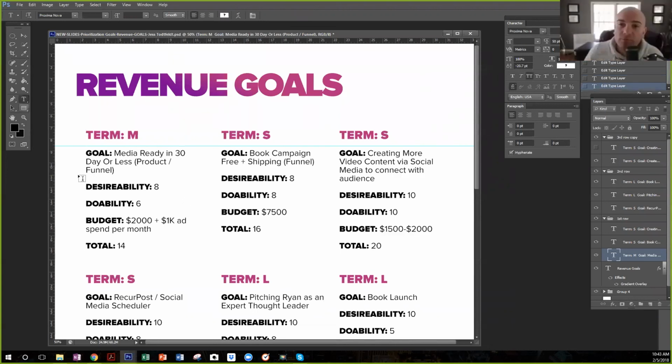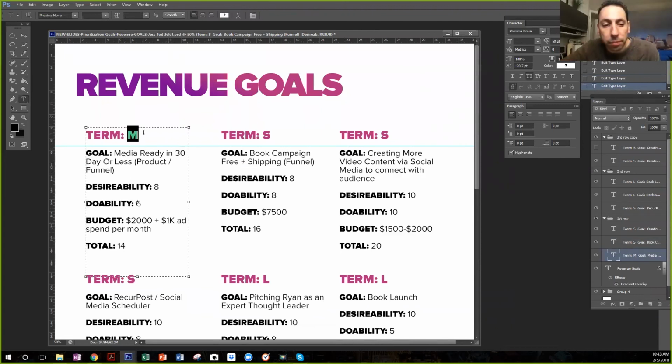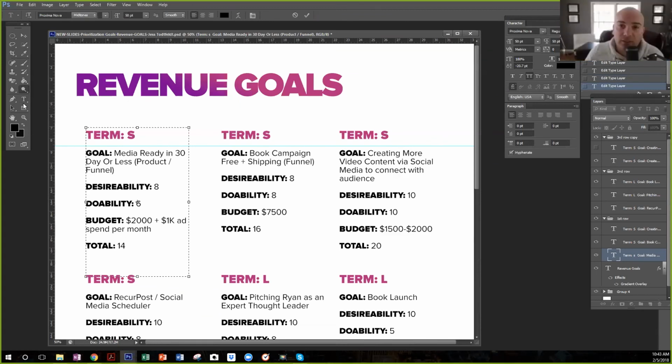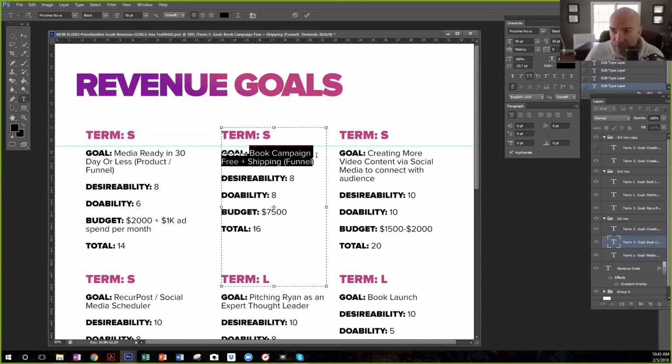Don't need a revenue goal. Okay. Just want product goals. Is that a medium or short term? Short. Okay. Because I've been attacking it. Okay, so I did my math right? That's 8 and 6 is 14. Yeah. Okay. Another product.